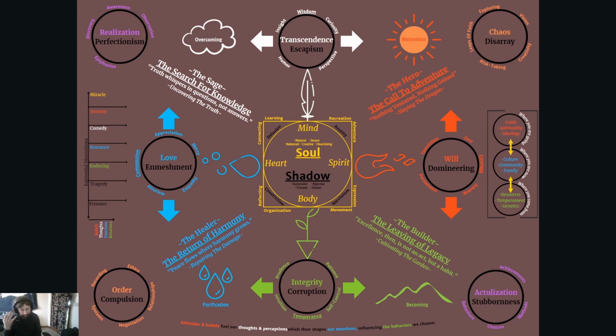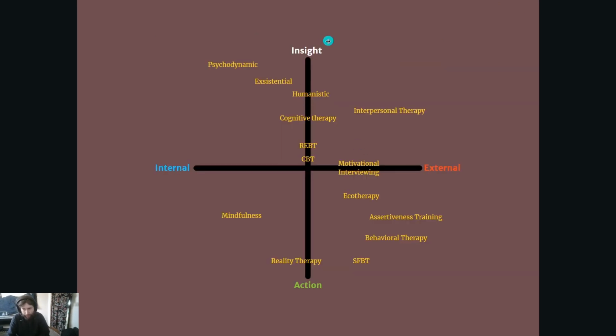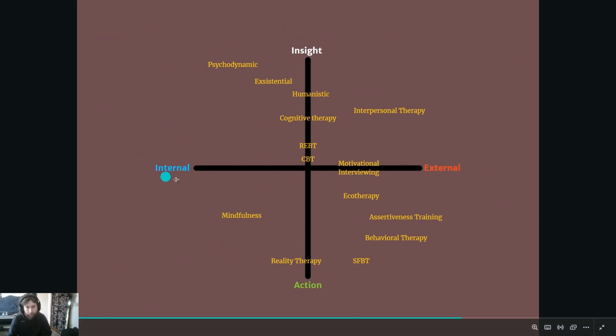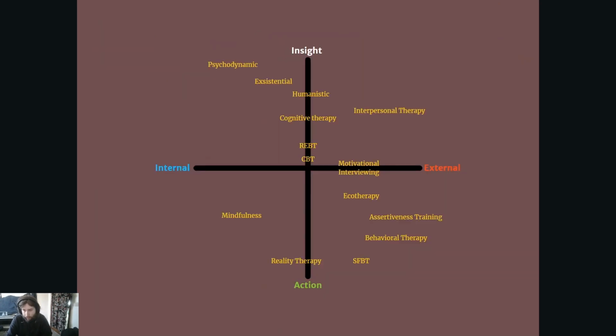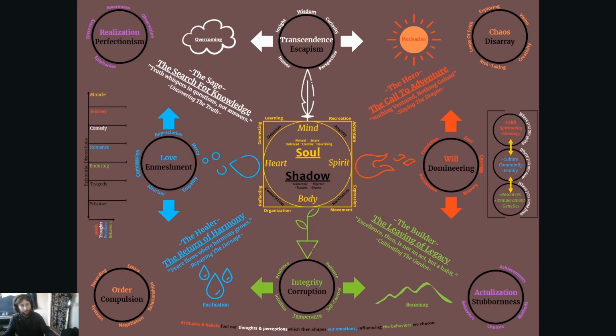And I think basing it on the four elements is quite universal. I think the mind, body, heart, and spirit axis aligns well with the academically approved insight, action, internal, external axes. And so just extrapolating out, adding the other dimensions of chaos and order, realization and actualization, I hope to use this tool. Perhaps it's its own sort of integral theory of counseling,